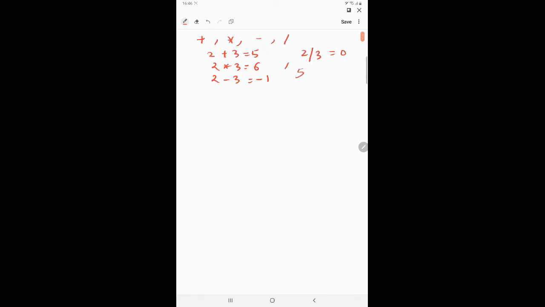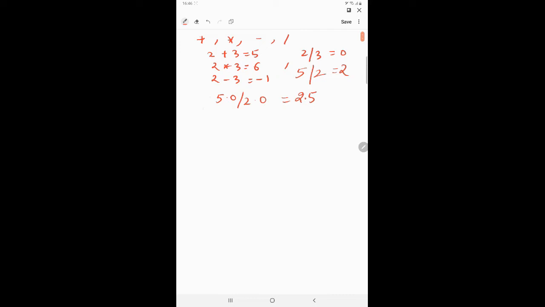If I say 5 divided by 2, then the quotient is 2. In the case of integers, the division operator does not consider the remainder. If both 5 and 2 are floats, real numbers, then it is going to give us 2.5. So this is the difference in the division operator.